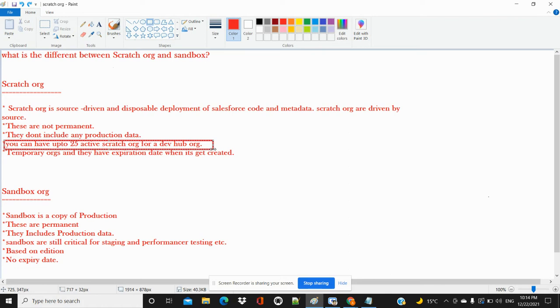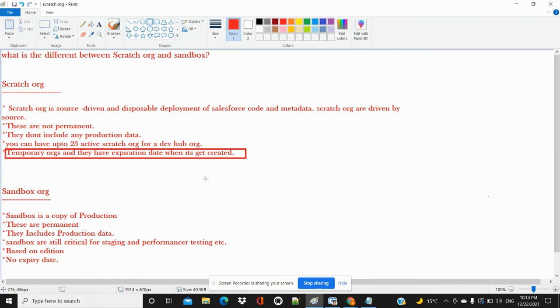And the last point in scratch org is that they are temporary orgs and have an expiration date when they get created. So when we are creating the scratch org, it has limitations, meaning it has expiration dates.